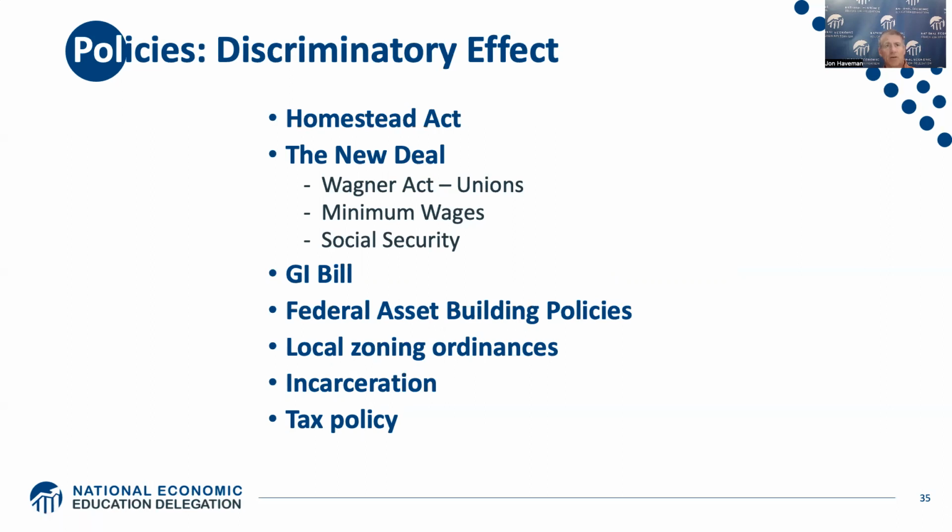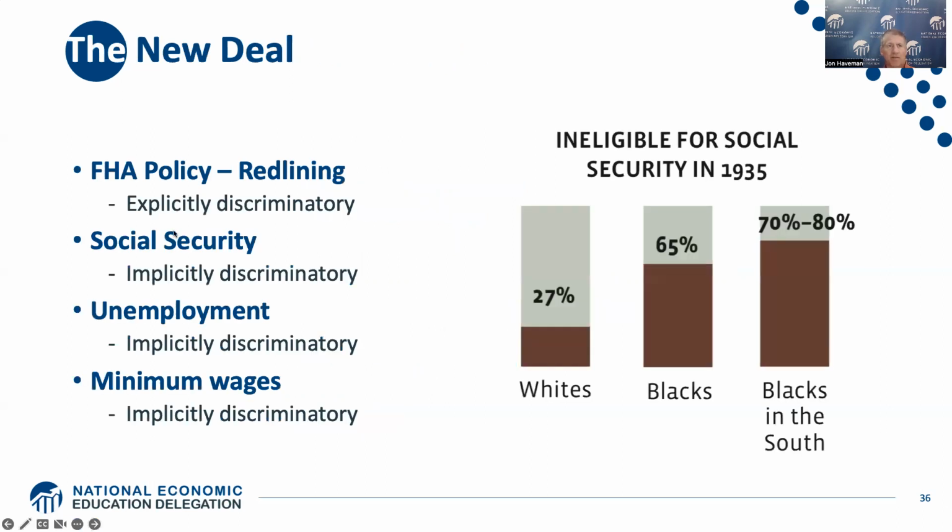All right, well, let's go back to the New Deal. So we talked about the FHA policy and redlining, and this was explicitly discriminatory. Social Security, unemployment, and minimum wages, they all omitted a wide variety of occupations, right? So people who were farm hands, they were excluded from Social Security, unemployment, and minimum wages. People who worked in restaurants, people who provided home care or home services, they were excluded from Social Security, unemployment,